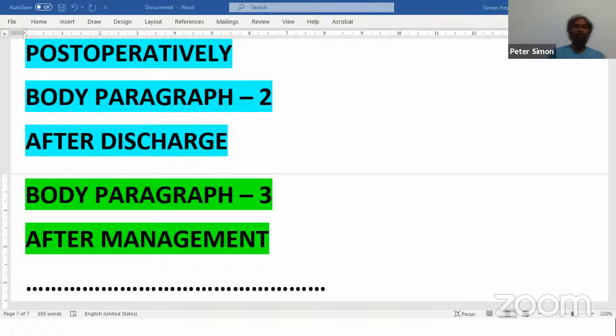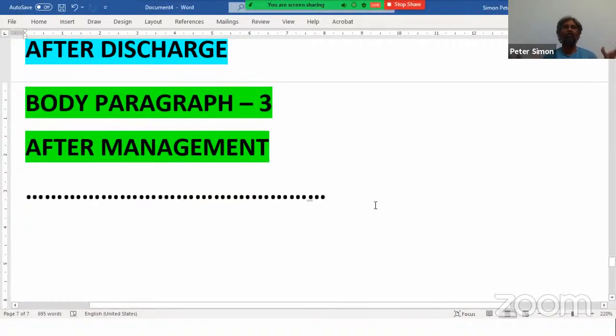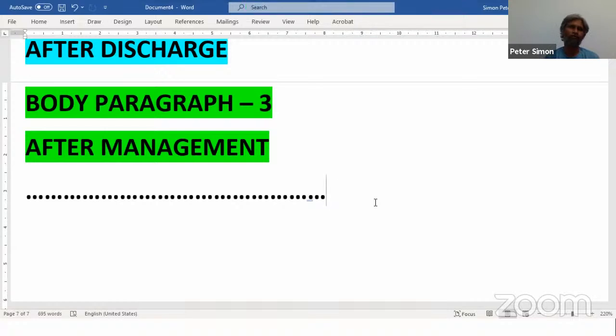So, now we are moving to construct. You already know how to separate body paragraphs now. So, post-operative activities, then post-discharge action plan, how she has to implement. Then after it is implemented for a stipulated time, you can use the word stipulated in your letter. For a stipulated period of 2 weeks, means already scheduled.